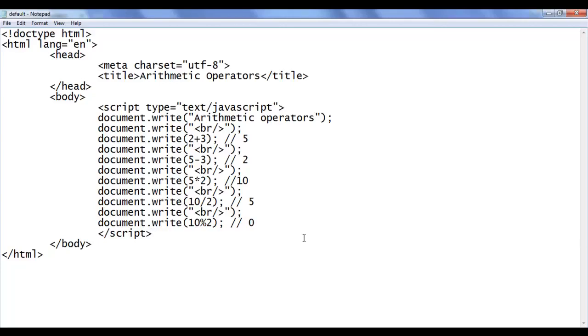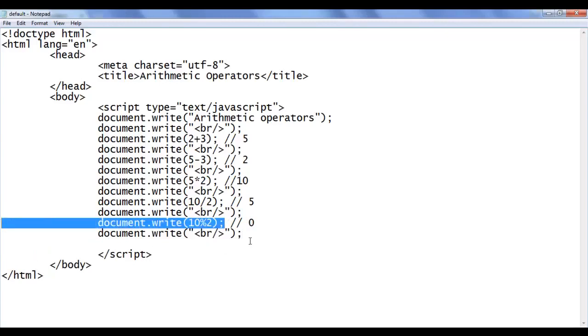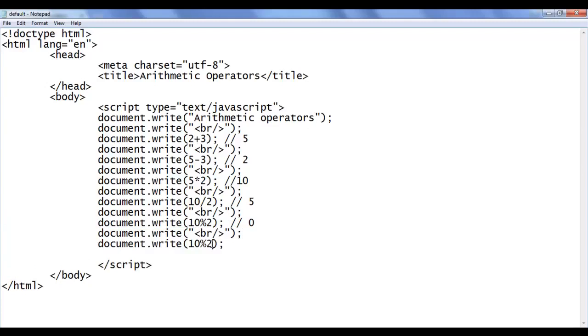We see some special cases. Let me copy this line of code and paste down here, and I copy this line of code and paste down here. This time I am going to say 10 divided by 0. This is a special case actually. What output do we get here? We know that anything divided by 0 is infinity. Even the computer doesn't know the meaning of infinity actually. So here 10 divided by 0 is going to result in infinity. We get the output infinity on the screen.